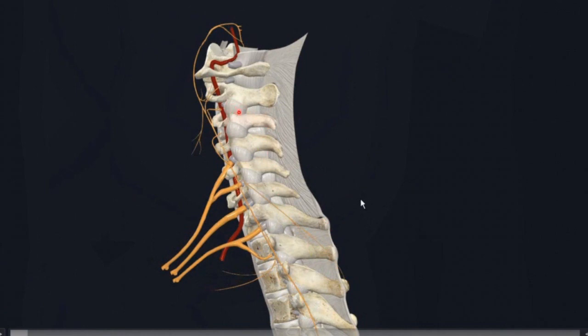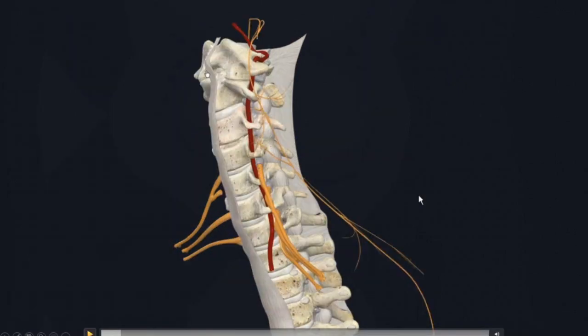The facet joints are synovial joints, and the capsule is attached to the edges of the bone, as you can see here and here. In the cervical spine, these are very thin, very transparent, and intraoperatively, sometimes we cannot see them. We have this strong, broad ligament, which we call the anterior longitudinal ligament,